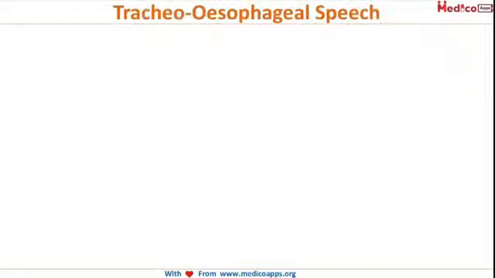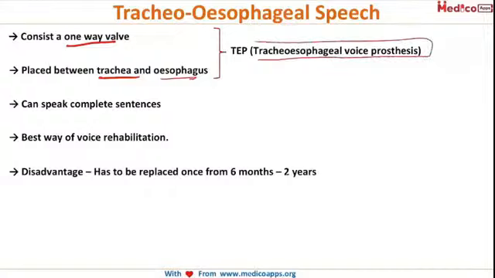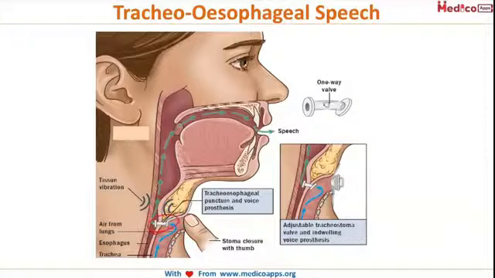Now the best modality is tracheoesophageal speech. Okay, it consists of a one-way valve which is placed between trachea and esophagus, right? So this is also known as tracheoesophageal voice prosthesis. So the person can speak complete sentences, and obviously it is the best way of voice rehabilitation. However, the only disadvantage is that it has to be replaced again and again once in 6 months to 2 years, and also it is expensive. So as you can see here, this is the valve that is placed, that is the tracheoesophageal